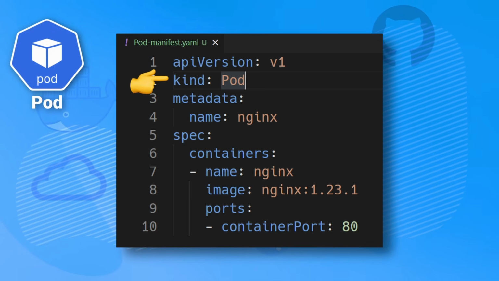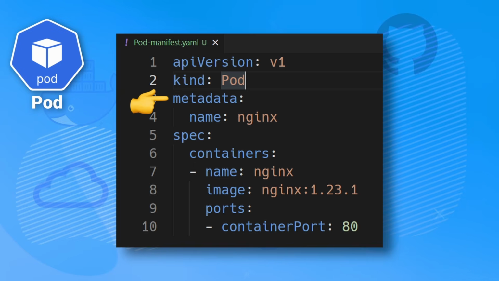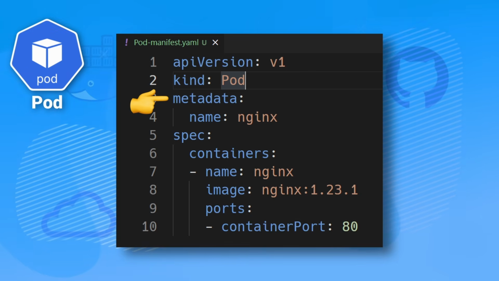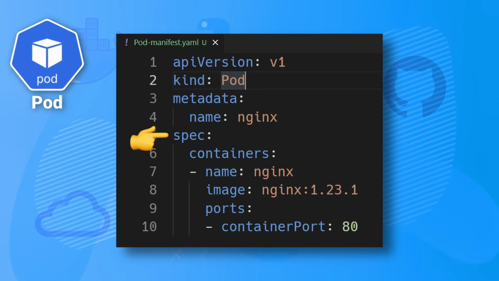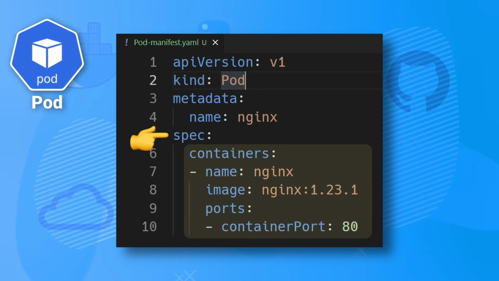After that, we have the metadata fields. These fields help uniquely identify the object. In this example, we are just specifying the name, but you could also add additional information such as labels and namespaces. And finally, we have the spec, where you specify your desired state for the object. The fields in the spec will be dependent on the kind of resource you are creating. In our case, we are creating a pod, so we specify the container settings for the pod, such as the